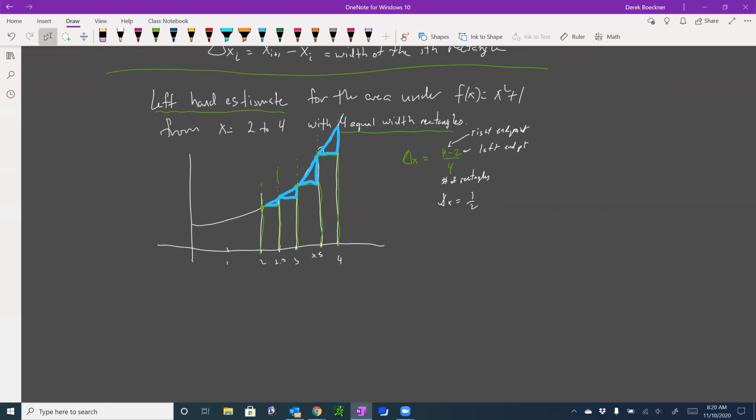So we're going to add up a width of 1/2, which is delta x. And then I have the left-hand endpoint, that's f of 2. That's the height of this first rectangle, so delta x times f of 2, plus delta x times f of 3 would be the height of the second rectangle. Plus delta x times f of 4 is the height of the third rectangle. All the widths are delta x. And then the last rectangle would be delta x wide times f of,